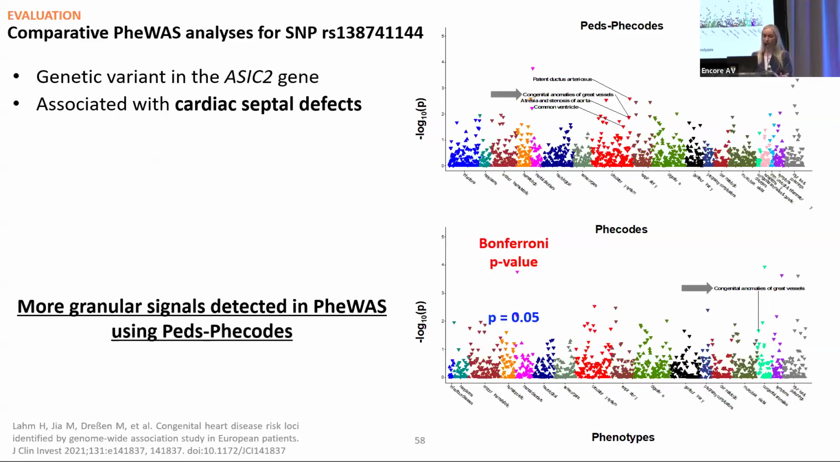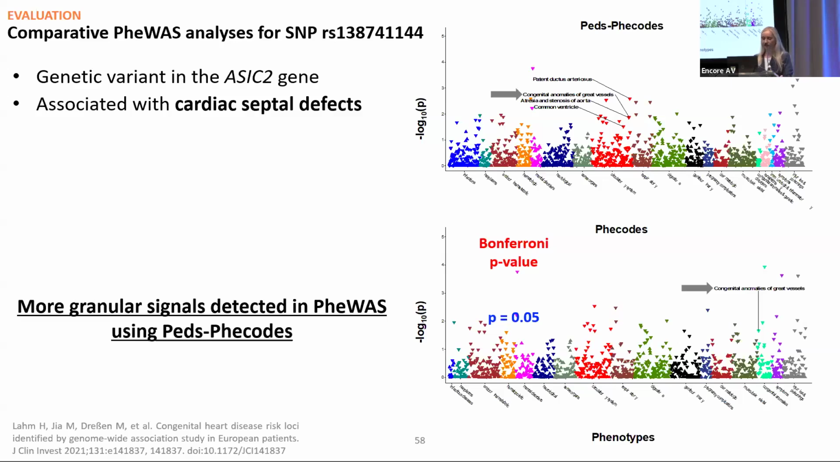So this is for a SNP, which is in the ASIC2 gene and had been associated with cardiac septal defects. And you can see in the top plot with the PEDS fee codes, we are able to pick up several more granular signals related to cardiac septal defects. We have common ventricle, we have some congenital anomalies of great vessels, we have atresia and stenosis of the aorta, we have PDAs. But with the fee codes, we can only pick up one, congenital anomalies of the